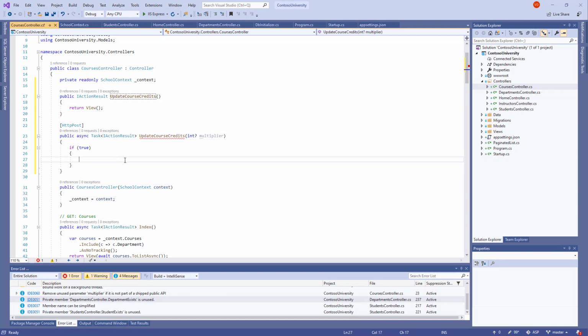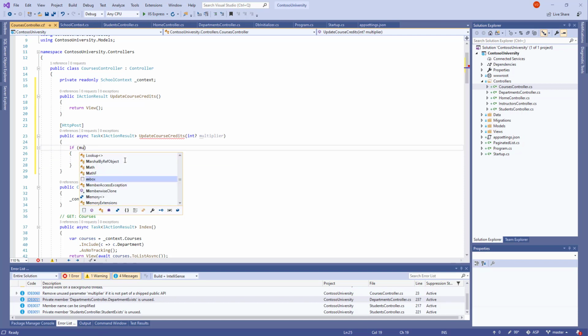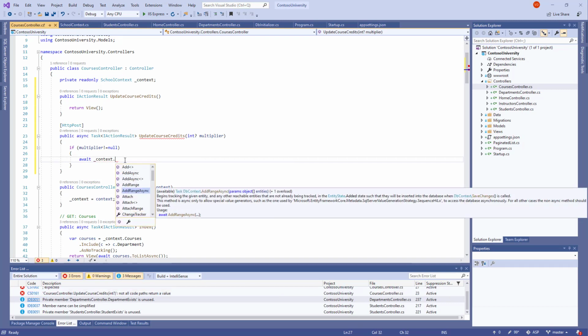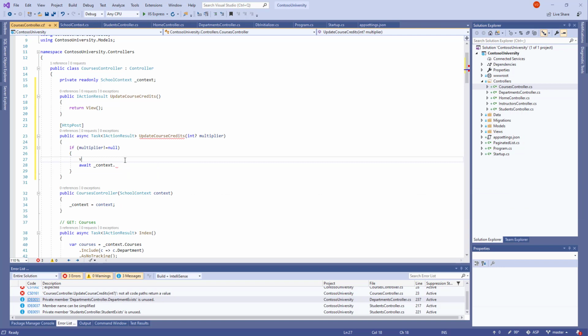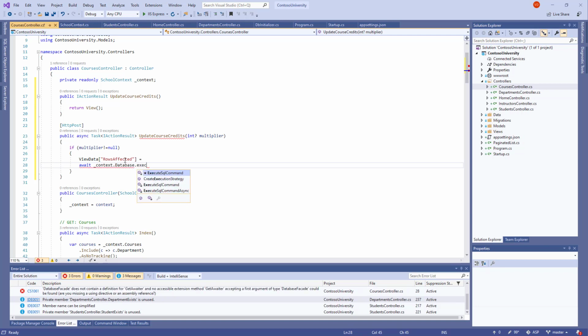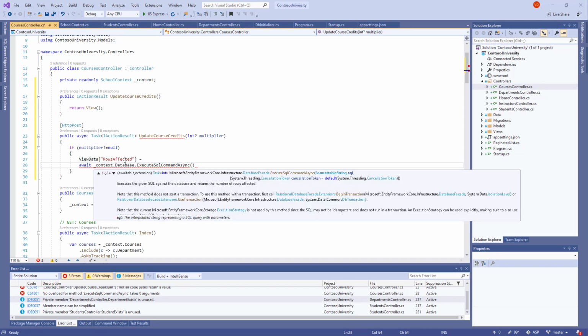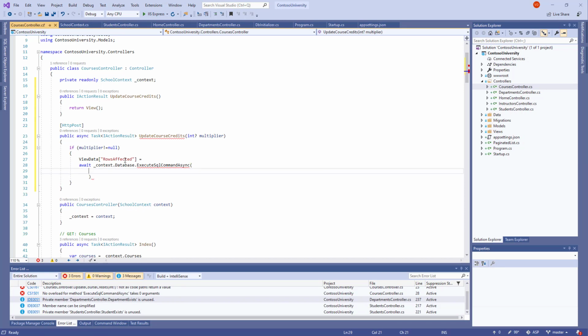Yeah. So if multiplier is not null, then await context, then ViewData rows affected will be equal to await context.Database.ExecuteSqlCommandAsync, and the command would be update course, not course, but in our case it was